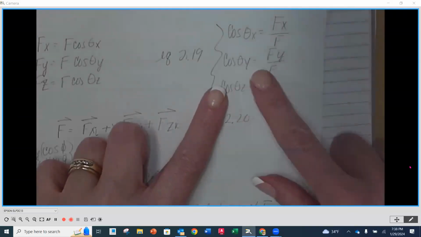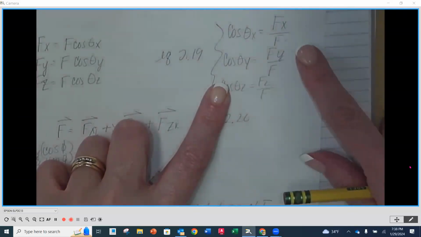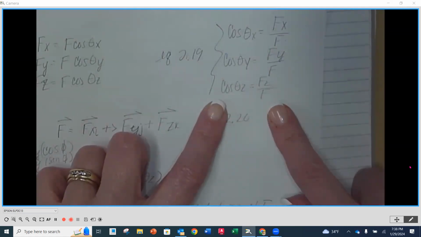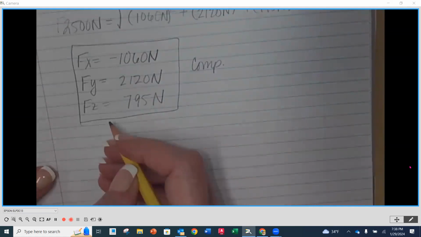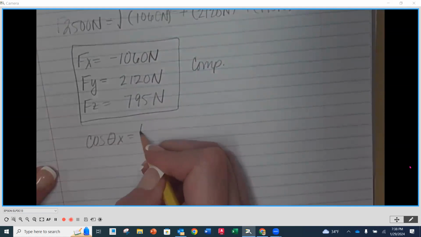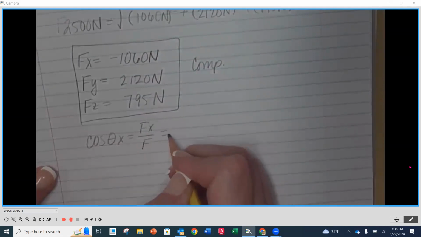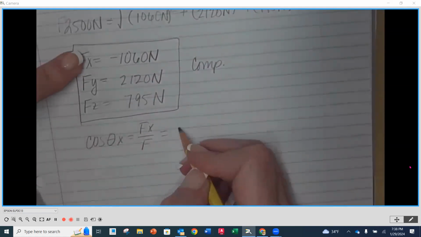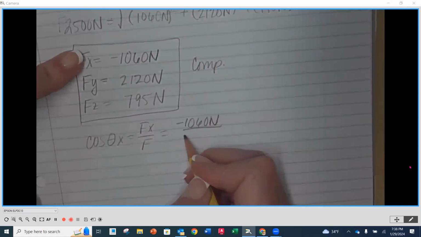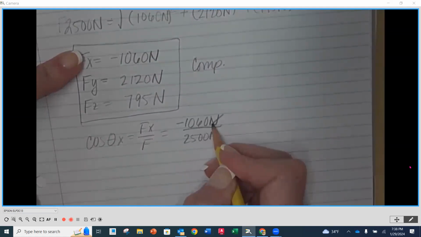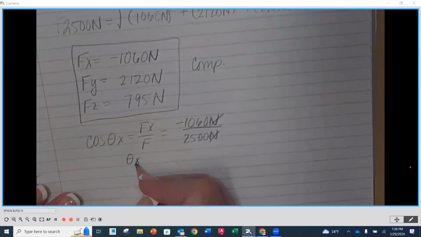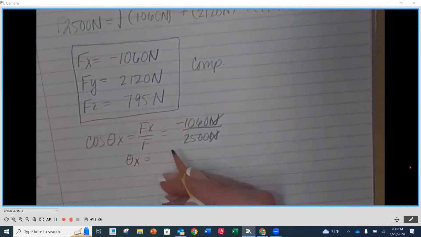We use those same variables. Cosine theta y is going to be Fy over F, and cosine theta z is going to be Fz over F. Okay. So cosine theta x is equal to our Fx over our F. Our Fx is, put the negative in there, negative 1060 newtons divided by 2,500 newtons. Newtons cancel. Make sure you put your units in there. So our theta x is